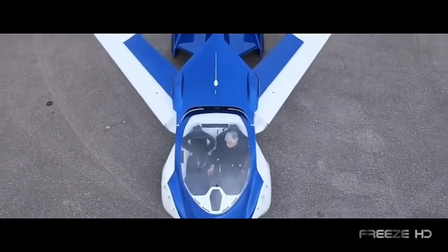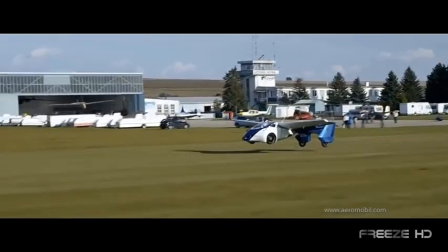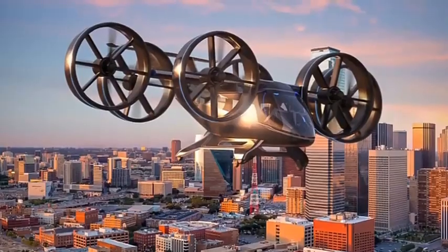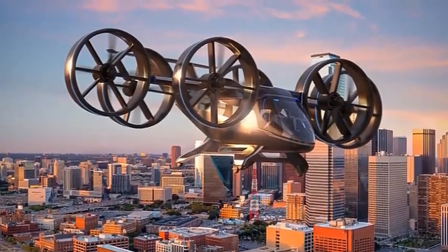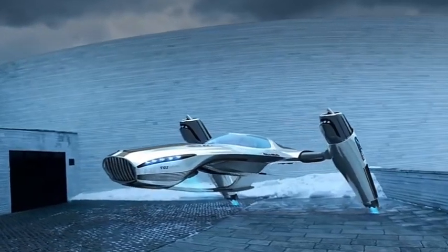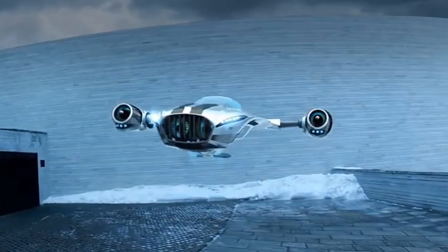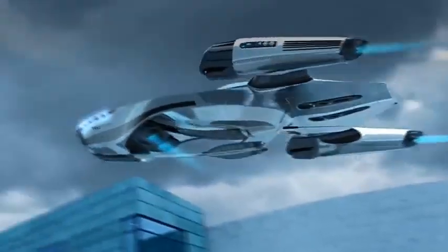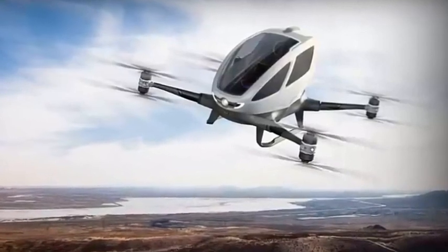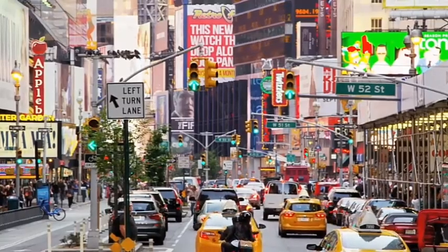We'll be able to jump into our cars every morning and take to the skies, just like good old George Jetson. Planned crafts look kind of like a modern miniaturized version of a turboprop plane, but with a key difference. They will take off and land from massive skyports placed throughout the cities they serve. Each plane will be capable of a speed of 150 miles per hour and a range of about 60 miles